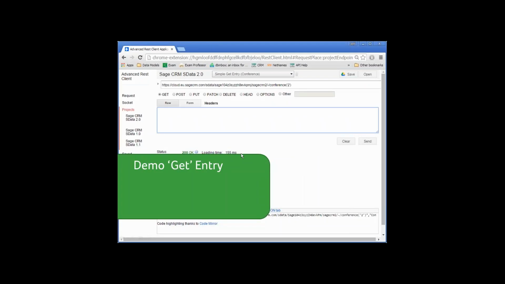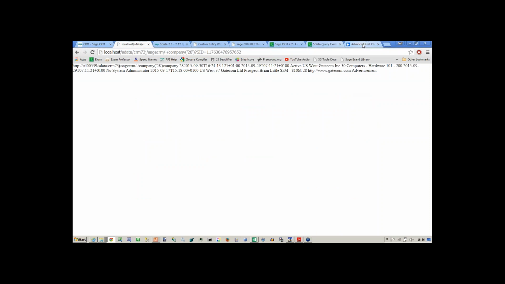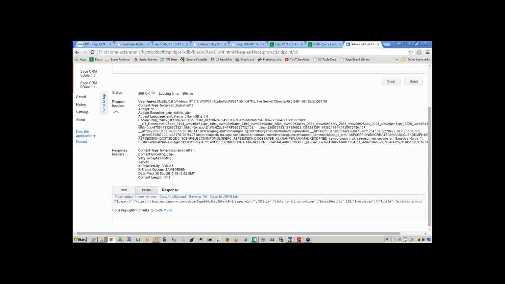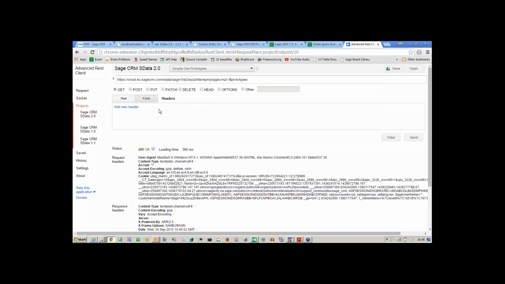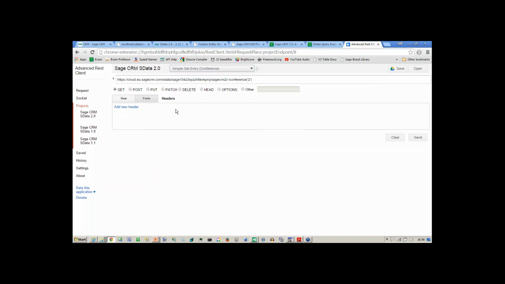Now, let's do some demoing and understanding what we're doing, because this is all about interacting and getting in and doing stuff with the system. If I go to my REST client and think about how to get some information, this is fairly easy to understand. If I want to get an individual conference, and by the way, here if I go into my